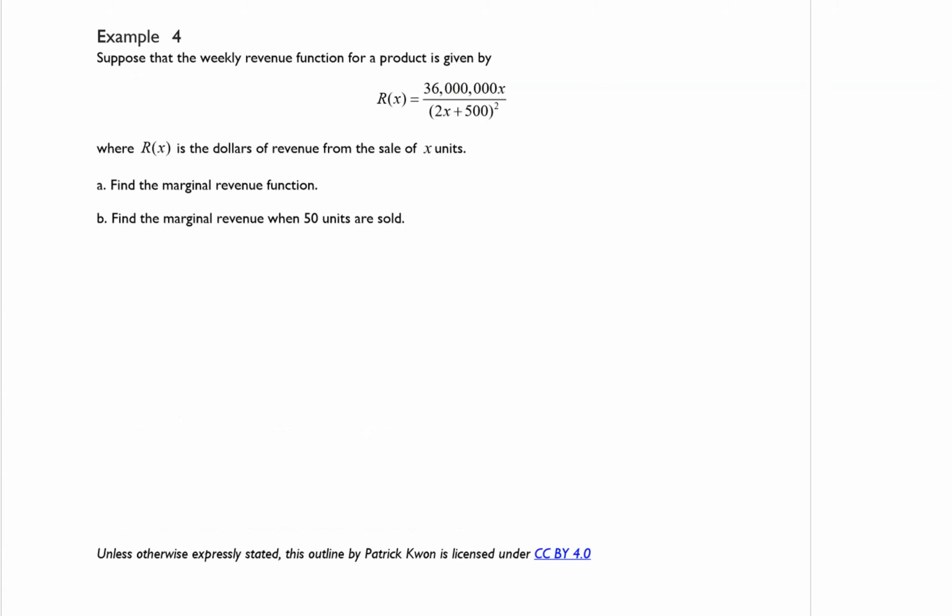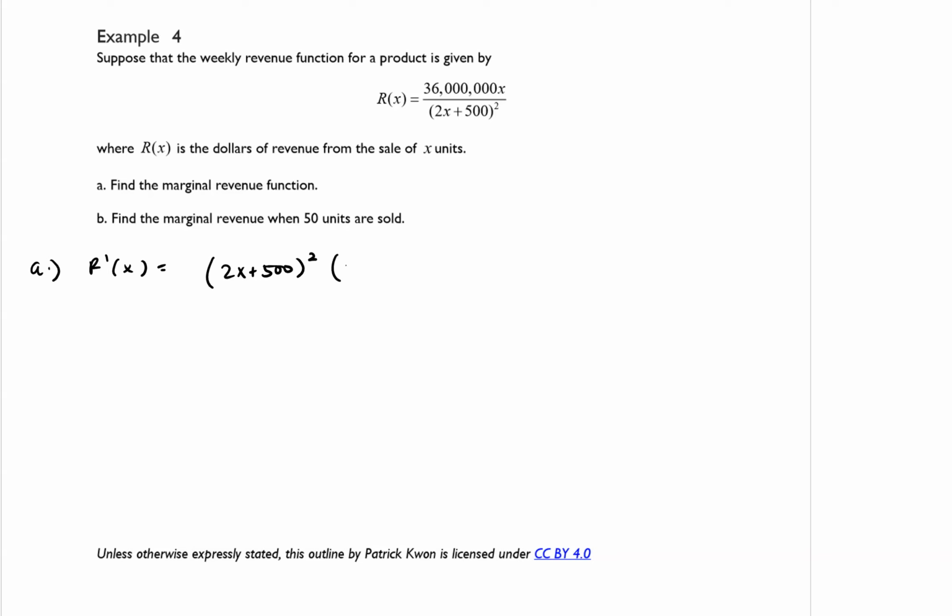Example 4 says, suppose that the weekly revenue function for a product is given by R of x equals 36 million x over the quantity 2x plus 500 squared, where R of x is the dollars of revenue from the sales of x units. Part A says, find the marginal revenue function. So for part A, we want to take the derivative of the revenue function, and that's going to require quotient rule. So we want to take the bottom